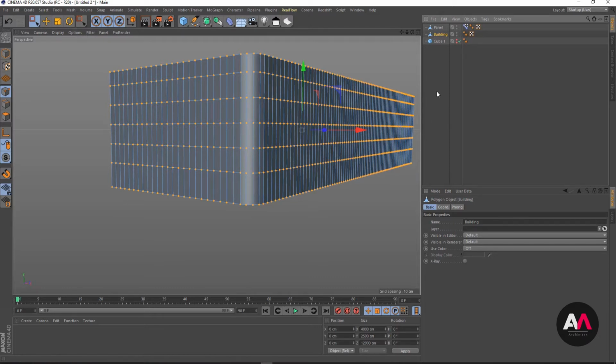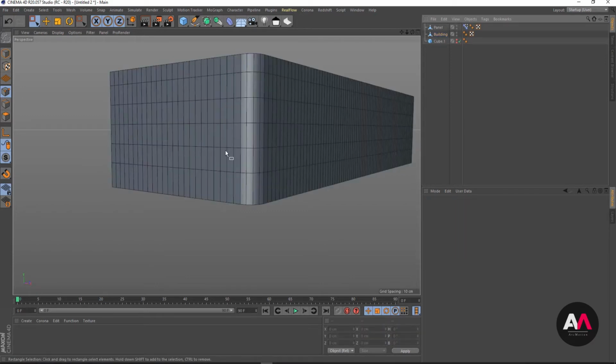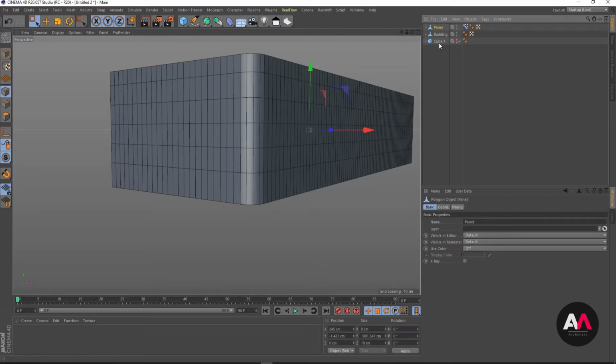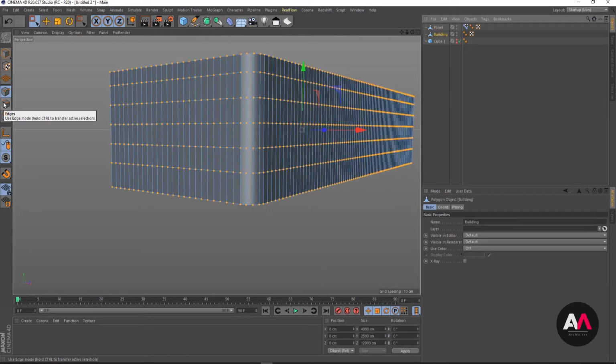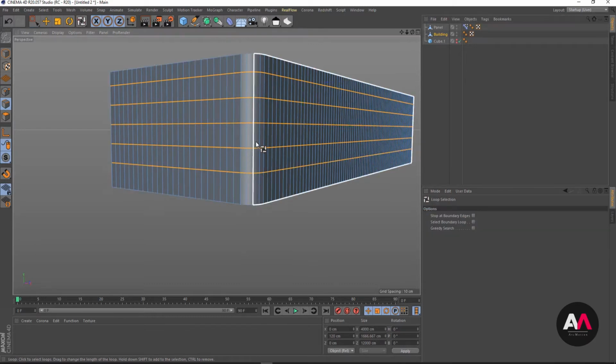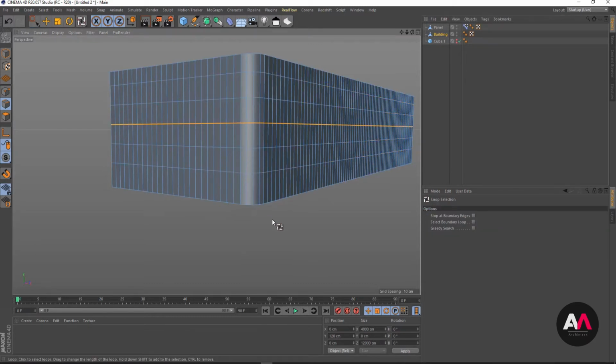For that panel, I have to use the cloner, and for the clone object, I'm dragging out the spline. I make a spline out of one of these horizontal segments. So let me show you how. It's also not so difficult. I go to line mode, and, for example, I select this one in the middle,